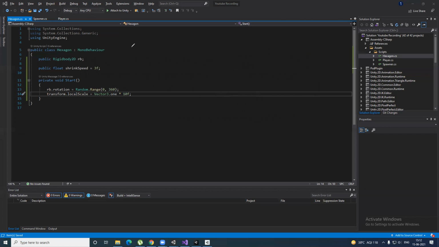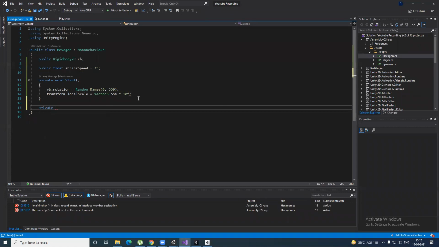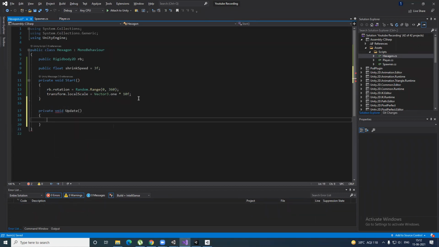So we're changing the local scale continuously. When the game starts, when the object is being called, it is on the 10f scale. But then we are shrinking it down. How are we shrinking it down? We're shrinking it down in the private void Update method.